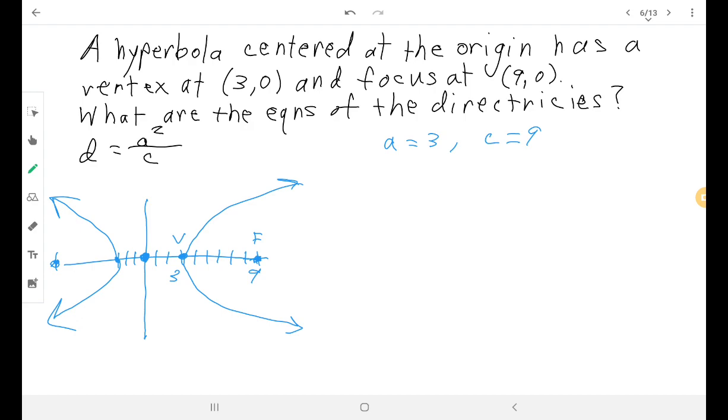That means I can calculate my directrix distance as a squared, which is 3 squared, over c, which is 9. That's 9 over 9, which is 1. Okay? And then you have to know how the directrices move. Well, they move so that they wouldn't run into the vertex. In other words,